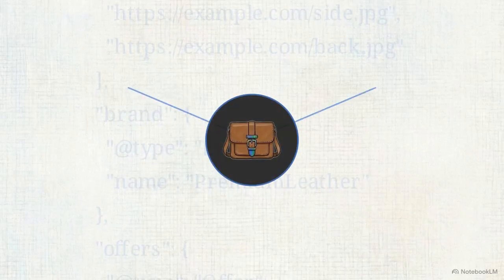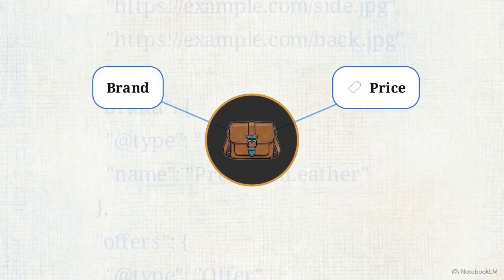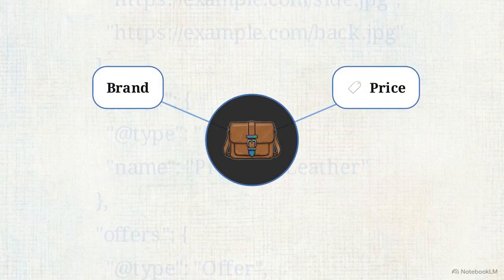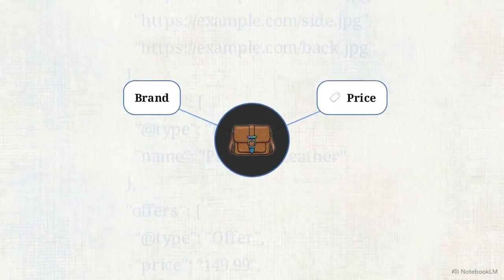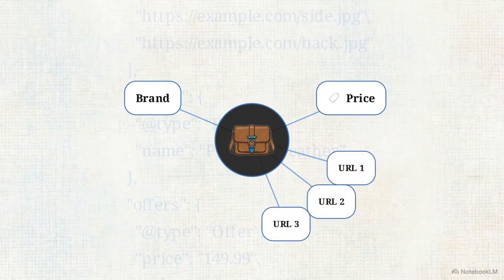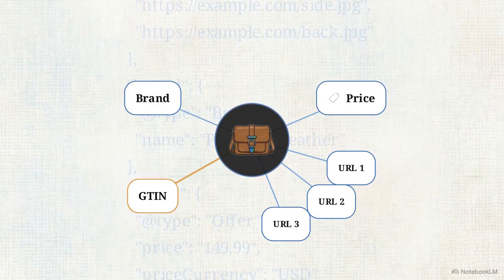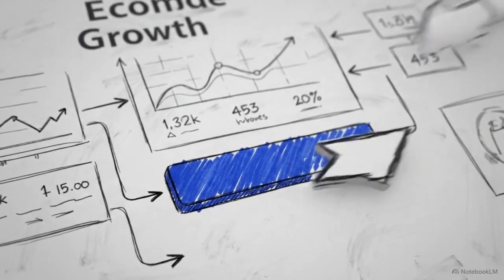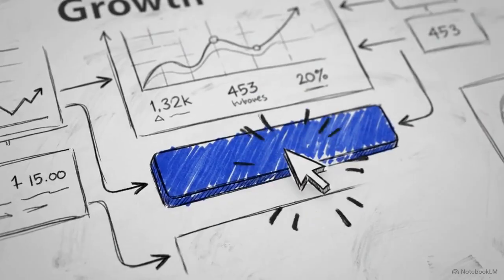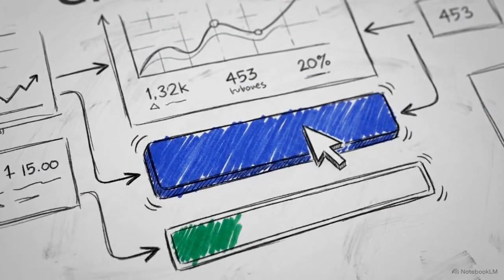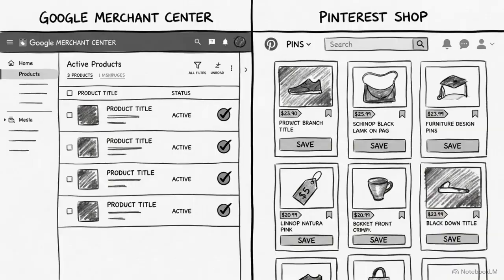This markup is the back-end code that binds your image directly to high-intent shopping variables, like the price and the brand name. Inside this markup, you must include an array of exact image URLs, along with your specific product identifiers, like your GTIN. With the code in place, the final step is pushing this structured data out to the visual shopping catalogs. You need to sync your updated product feed directly to platforms like Google Merchant Center and the Pinterest